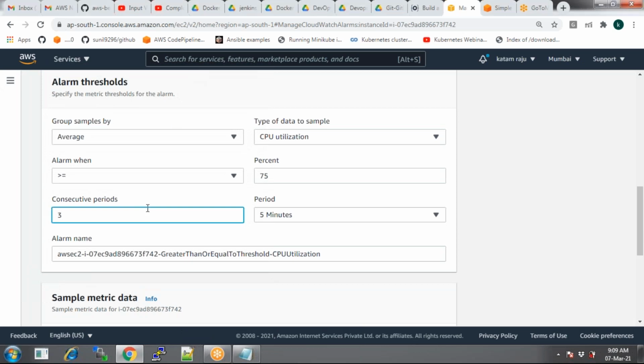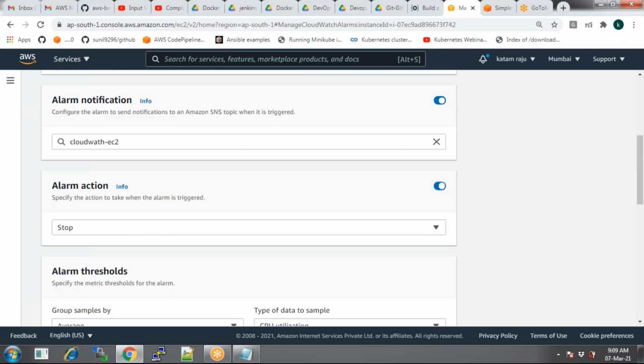But if you mention that, if the spike happens, what is the spike in our case? 75%. If the CPU utilization reaches 75 or more than 75 once in the last 5 minutes, what actions will happen? The instance will be stopped, and the alarm and notifications will be triggered.